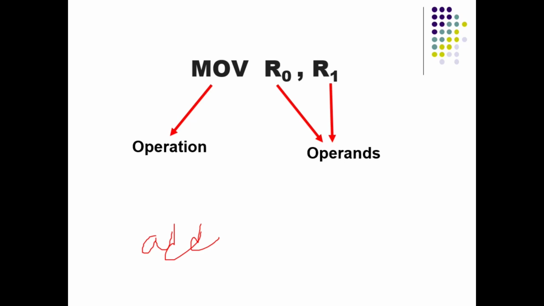Suppose the data required to execute an instruction is in memory. That time you have to refer to memory in the operands. Instead of first copying that data from memory into a register and using registers, we can directly mention the memory addresses or memory references in the operands. So there are various ways of referring to data required to execute an instruction. These different ways are called addressing modes.